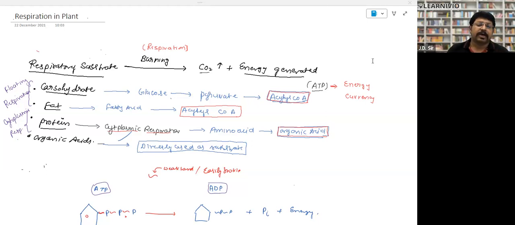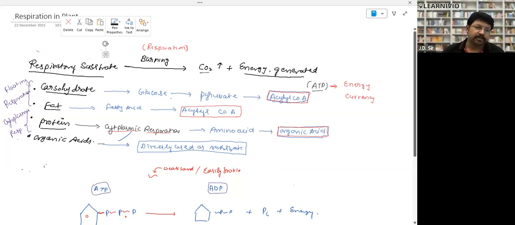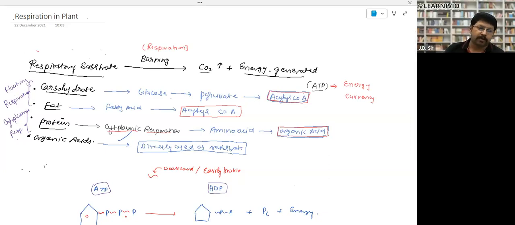I have written over here, respiratory substrate, it burns during the process of respiration and basically burns in mitochondria. Carbon dioxide comes out and energy is generated. This part is called respiration. Now, I have told you that respiratory substrates are those substances which burn out. What can be respiratory substrate for human, for plant, or for all living being, all eukaryote? Normally, let's talk about the human or let's talk about the plant. The best respiratory substrate is carbohydrate. When I say carbohydrate, that is sugar. Martin told us that sugar is respiratory. Yeah, sugar is a type of respiratory substrate.